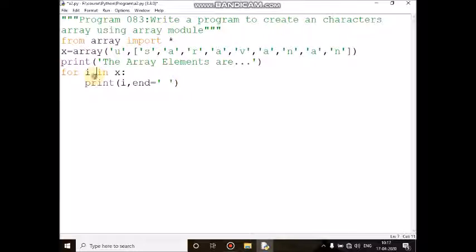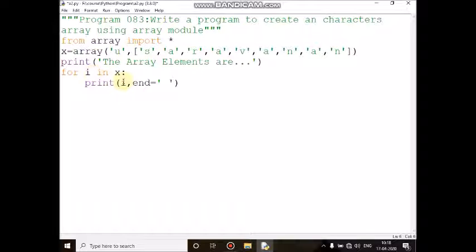Then control comes here, and it will move to x of the next element, that is x of the sixth element, N, and print. Then it will give one blank space. Then control comes here. Automatically it goes to x of the seventh element, and it will print with one blank space.